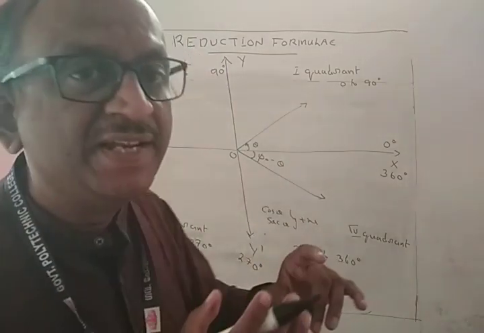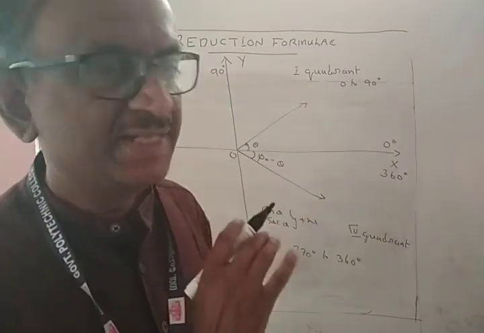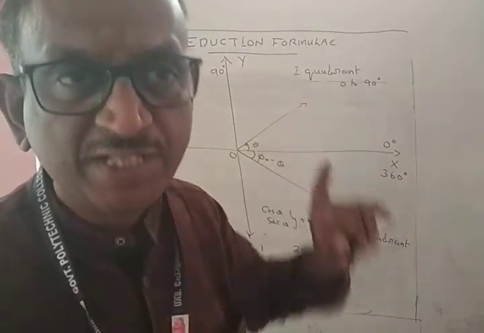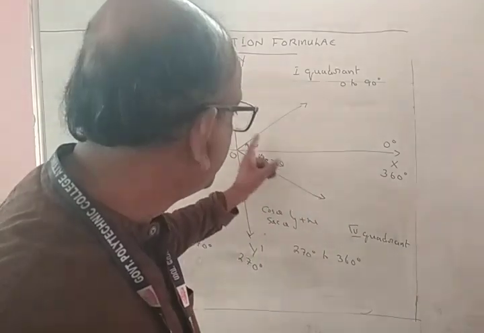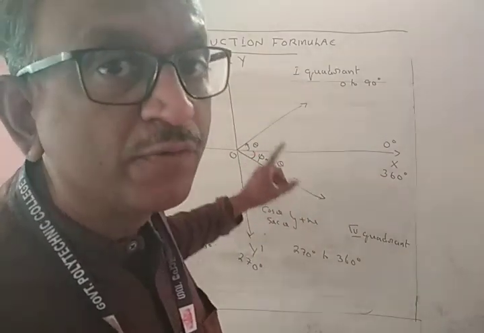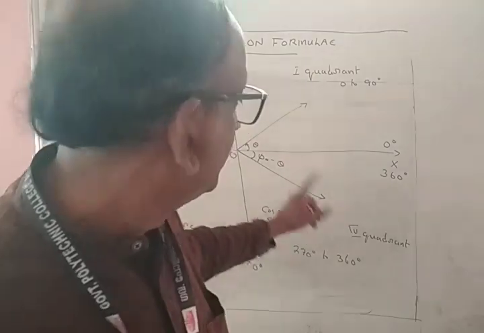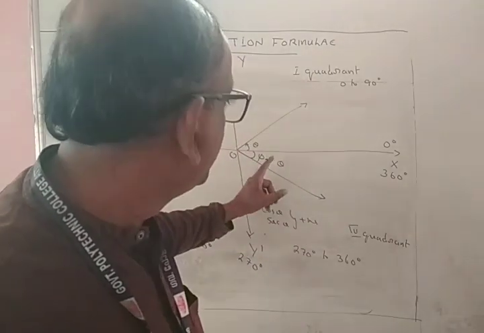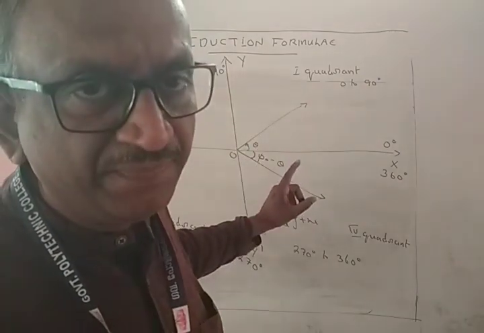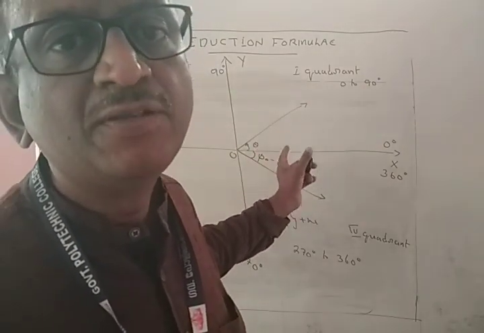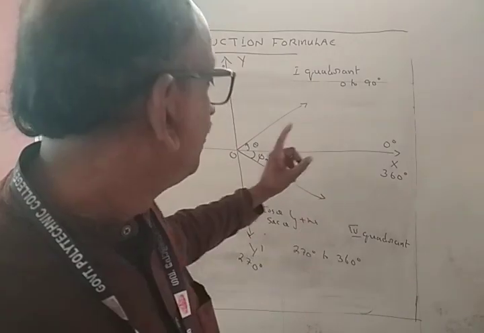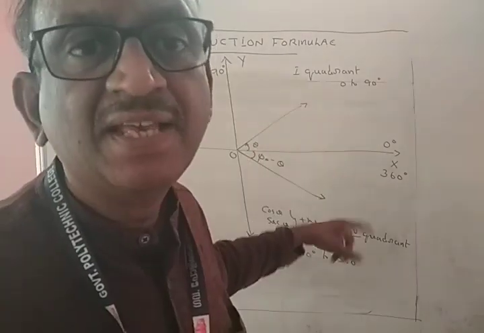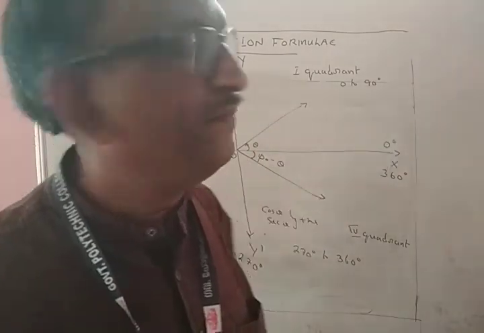Angle theta is measured in the anti-clockwise direction. The anti-clockwise direction is always positive. And the angle phi is measured in the clockwise direction. In the clockwise direction, the angle is always negative. Therefore, here the angle is minus theta. Angle minus theta is obtained from theta by putting a minus symbol in front of theta. Therefore, this angle minus theta is a related angle to theta.